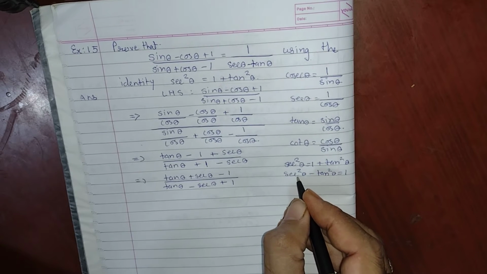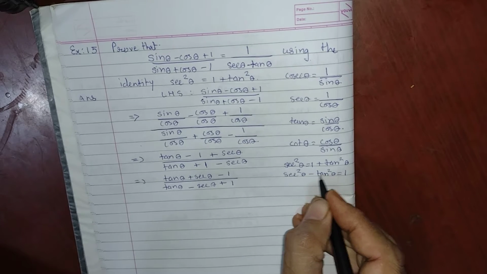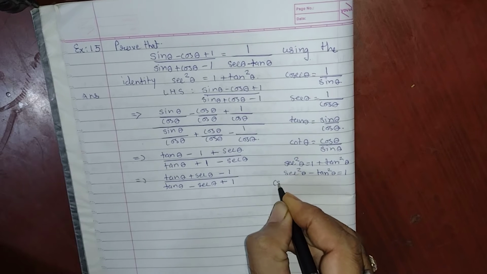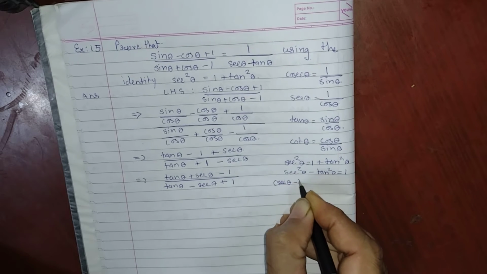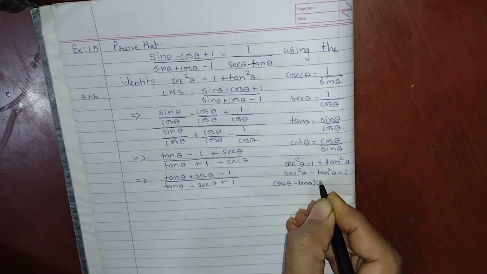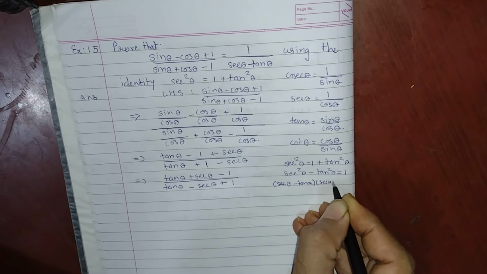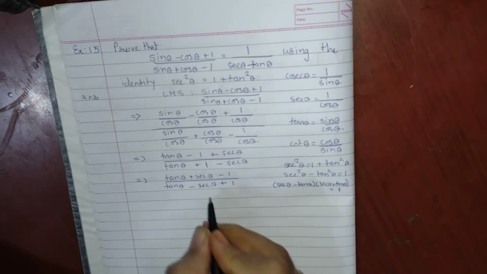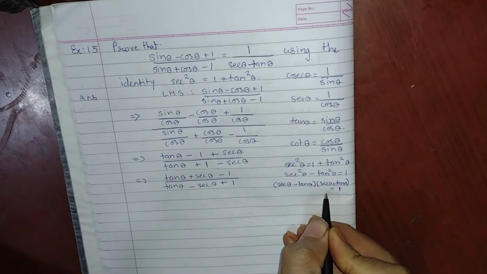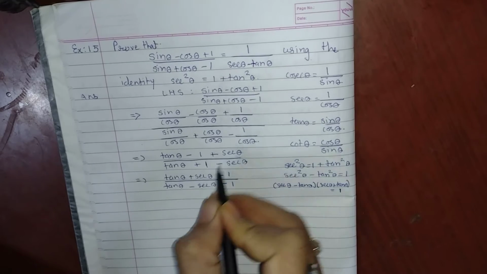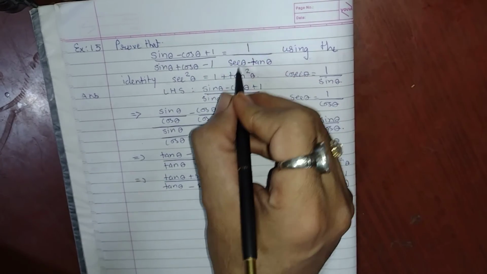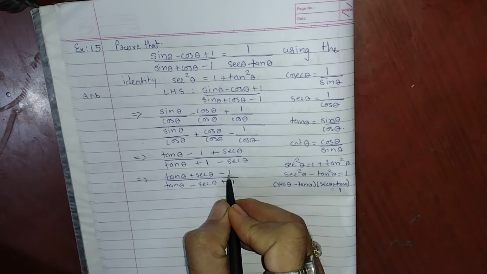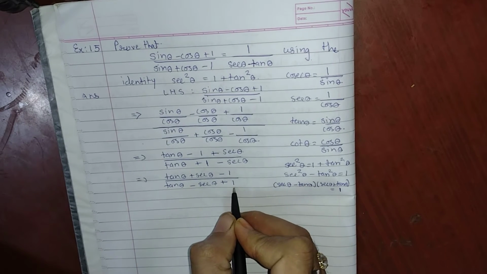If we expand it, a square minus b square, we get a minus b and a plus b. So here we can write sec theta minus tan theta, into sec theta plus tan theta, equals 1. So this thing, whatever is given, how will we use it here? It is given here in the denominator, 1 upon sec theta minus tan theta, and in the numerator also there is a 1, and in the denominator also there is a 1.